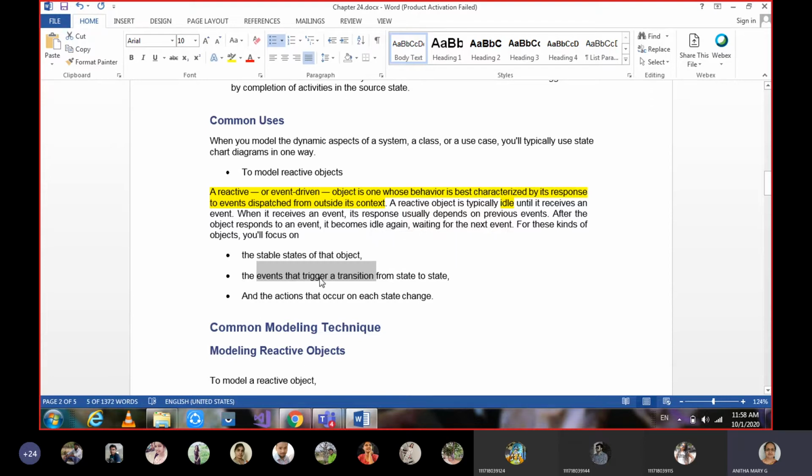Events trigger an action from the current state to the next state, or from the previous state to the current state. And based on the actions, what exactly is happening to the current state. Actions occur on each state change. That is what we were talking about regarding reactive objects.